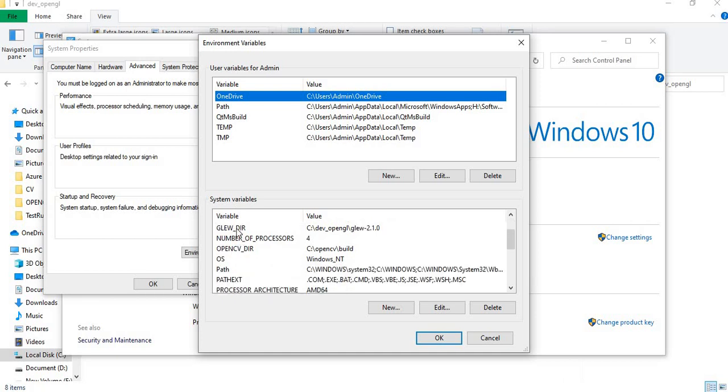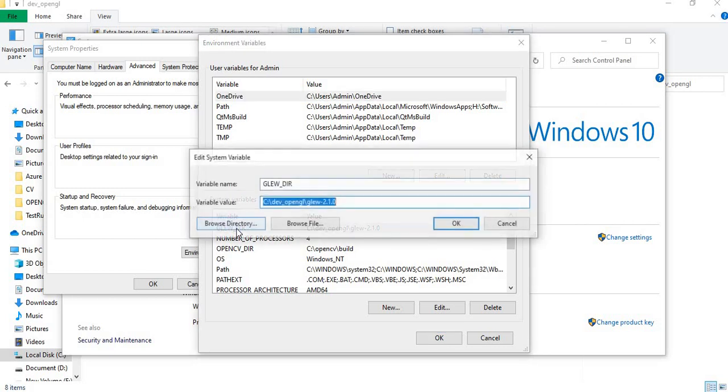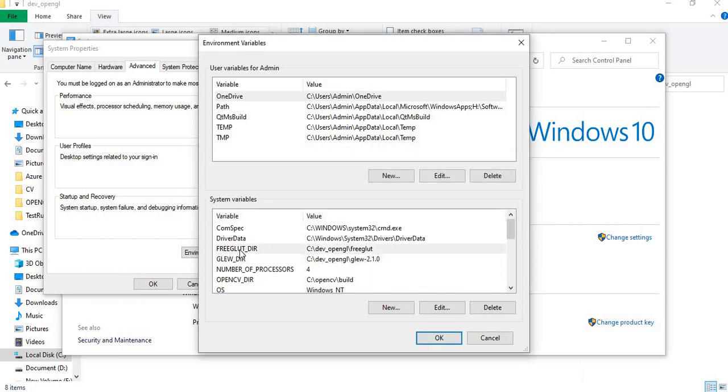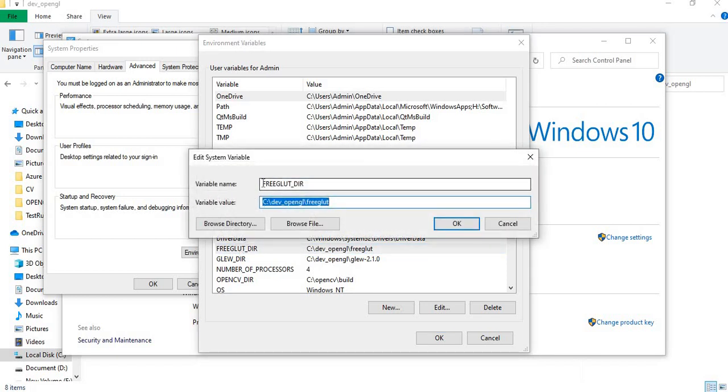So I have created GLEW_DIR, and I have given it the path C:\dev\OpenGL\glew-2.1. Same for FREEGLUT_DIR, with the path C:\dev\OpenGL\freeglut. I have given the path till here to make consistency for all those OpenGL libraries.